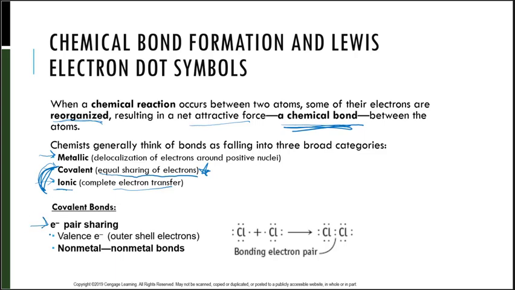They share electrons, and when we share electrons, only the valence electrons take part, so the outer shell electrons. Again, this is nonmetals to nonmetals. Here I have 2 chlorines. We'll look at how these dots came about in just a second. But chlorines have 7 outermost electrons, and the one that doesn't have a pair, from each chlorine, those 2 are going to join right here, and that's called a bonding electron